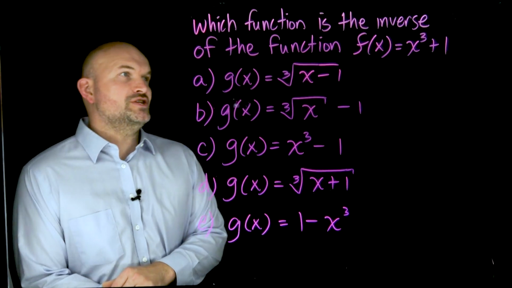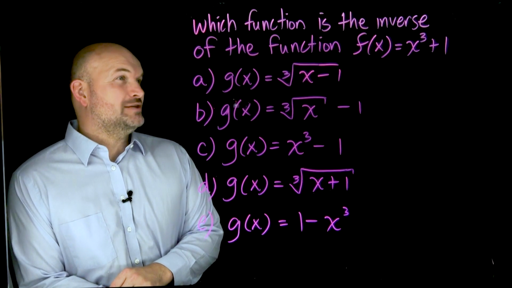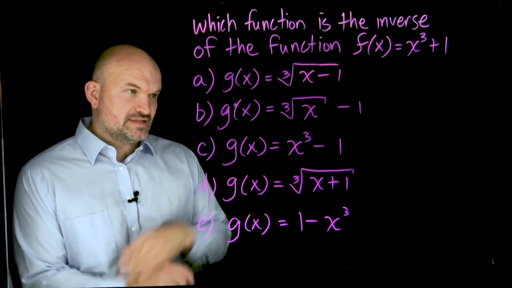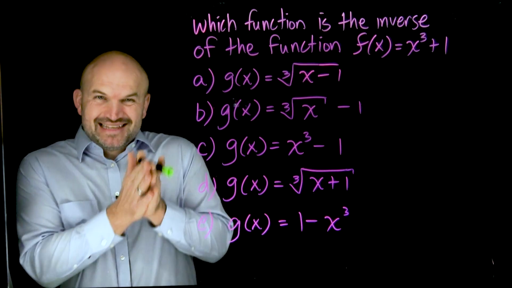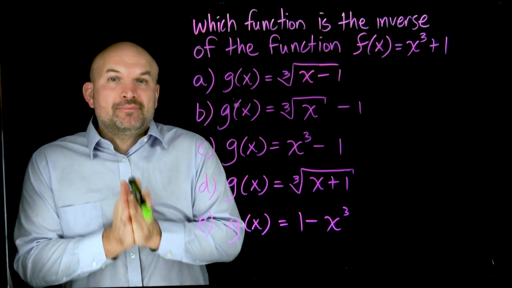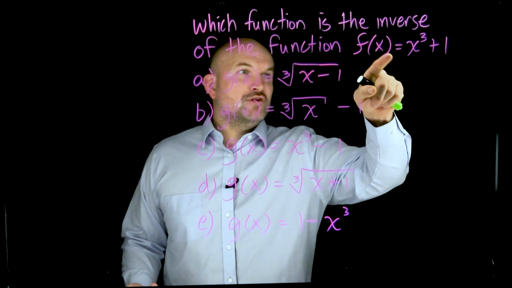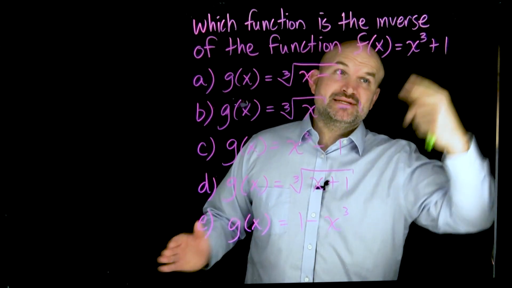So here we have: which function is the inverse of the function f of x equals x cubed plus 1? There's a couple things to remember about a function and its inverse. Remember, the inverse undoes the operations of the function. So in this case, you can see our function is having our x being cubed as well as this 1